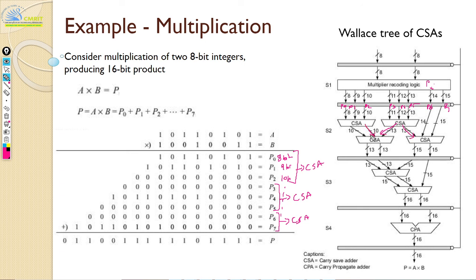Okay, so these three you will pass on to one carry save adder, and then these two to another carry save adder. Now this becomes another stage. This is your stage 2. Stage 1 is simply your calculation of partial products, and this is your stage 2. Every stage is interleaved by a register or latch, latch or flip flops, so that you buffer it and you supply a clock.